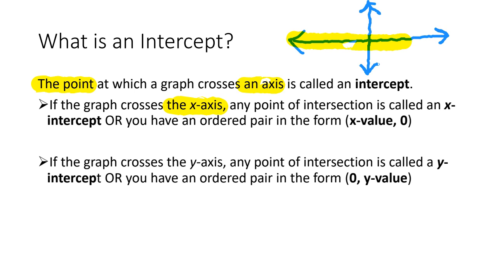Okay, and when it falls on this horizontal line, it is known as the X-intercept, which means if I have a dot anywhere on this